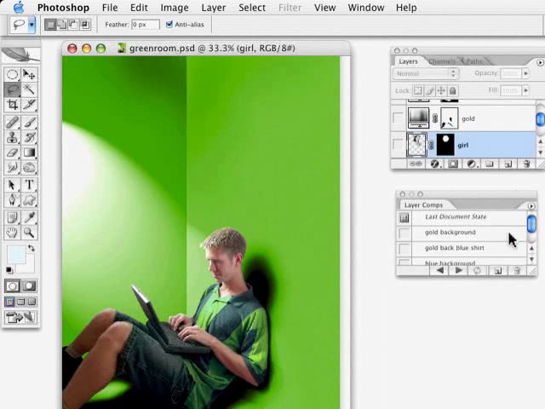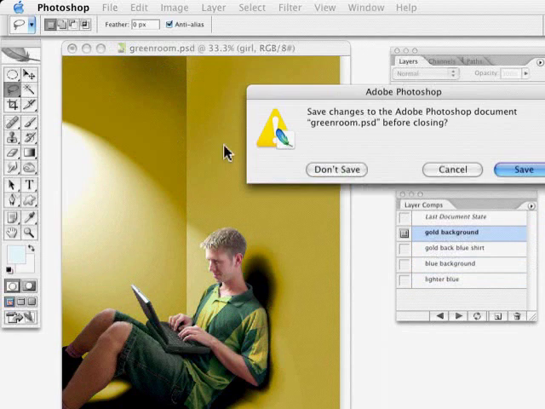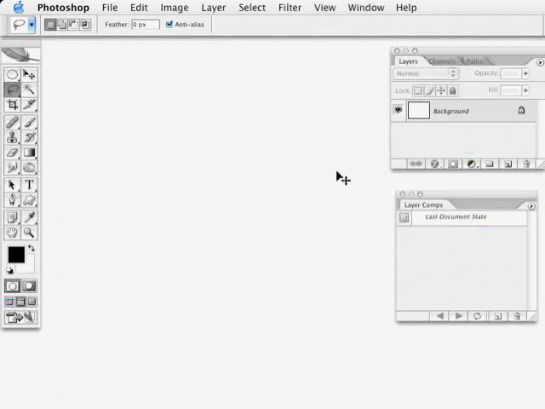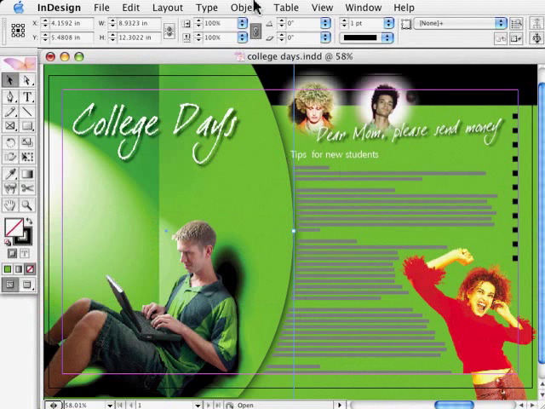Now the difference in this case is there's quite a few more layers, and this one actually has layer comps set up so that I can actually change the look of the image just by picking a different layer comp. Now I'm going to just close this without saving it. Go back to InDesign. So I can show you one of the new features in InDesign CS2, which is really nice,